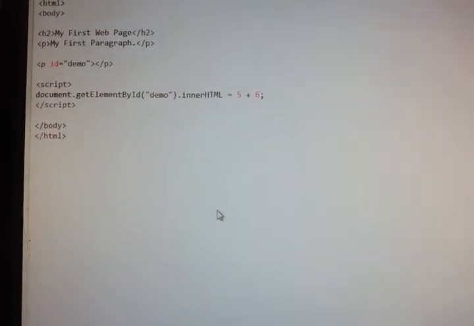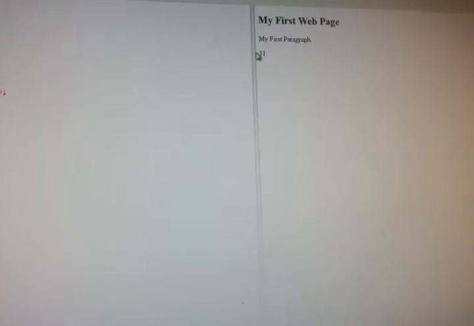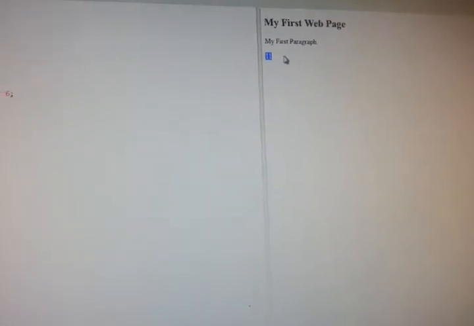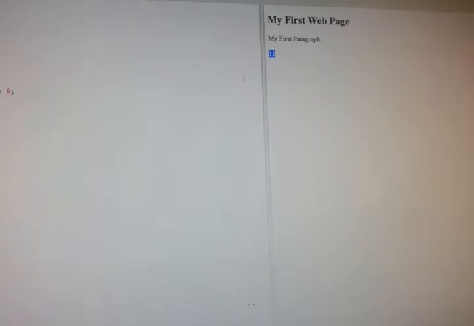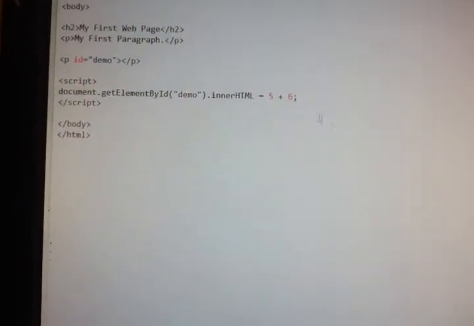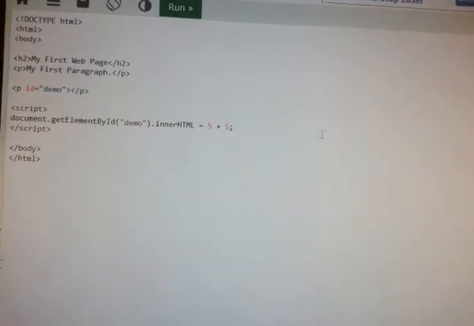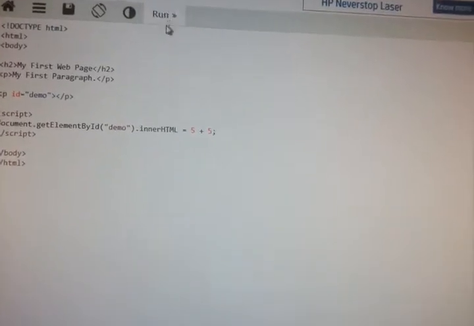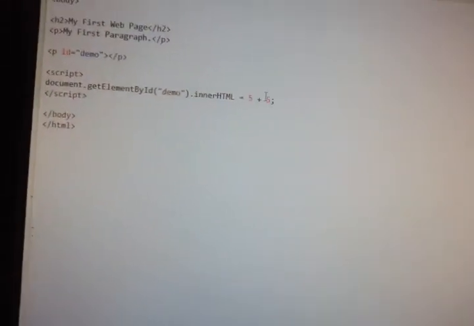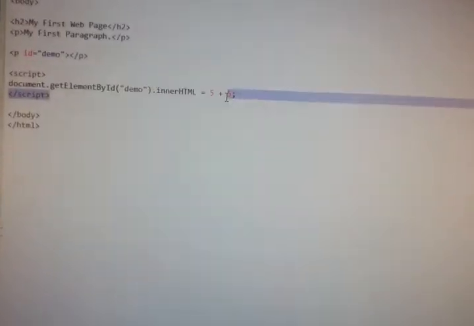If you run this particular code, you will get my first web page, my first paragraph, and we have given 5 plus 6, so we got 11. Now if you change it, if you write 5 plus 5 and run this program, you will get 10. So whatever data you want to write here, you can write.